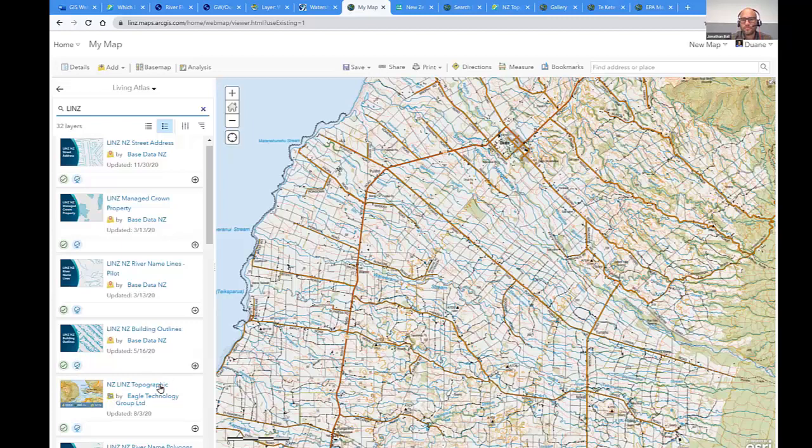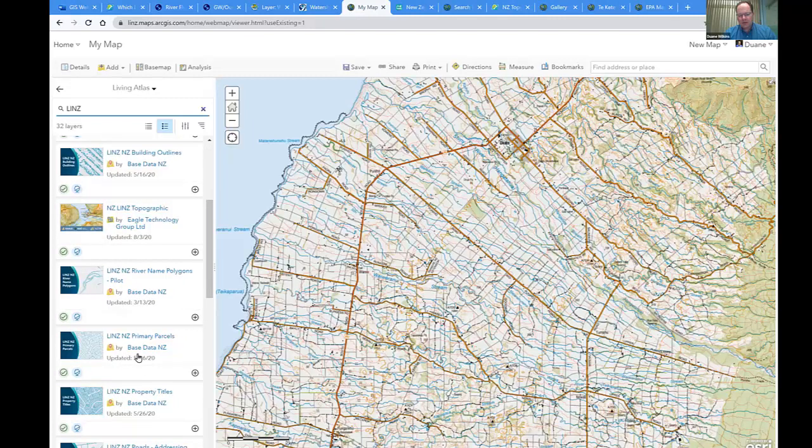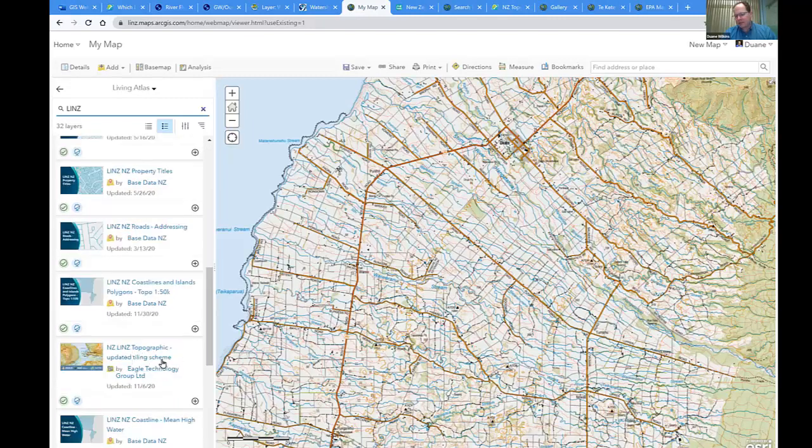Oh, yeah. Hey, do you know anything? What's this updated tiling scheme? Do you know what that means? I've seen that a few times there. That will derail us, seriously. Let's not go there. Yeah. Keep it simple. Okay, so